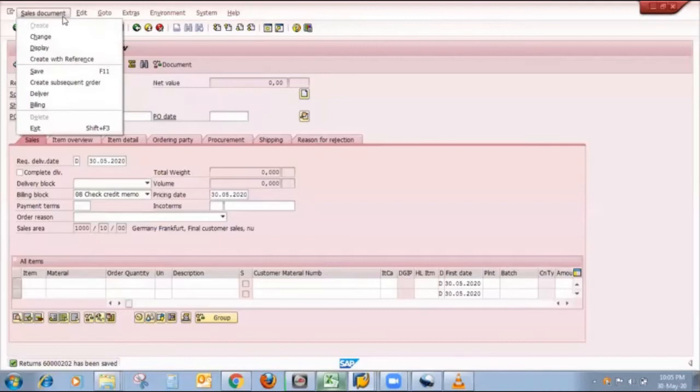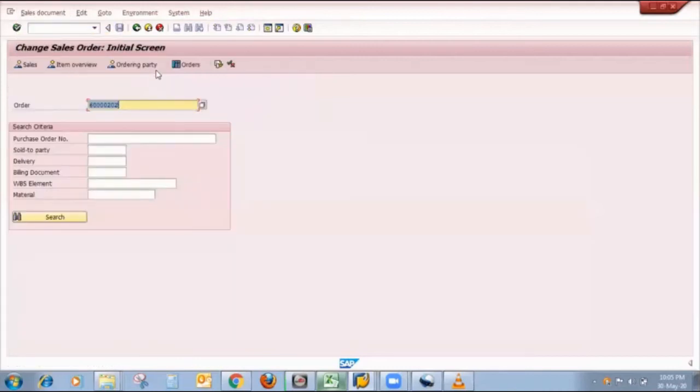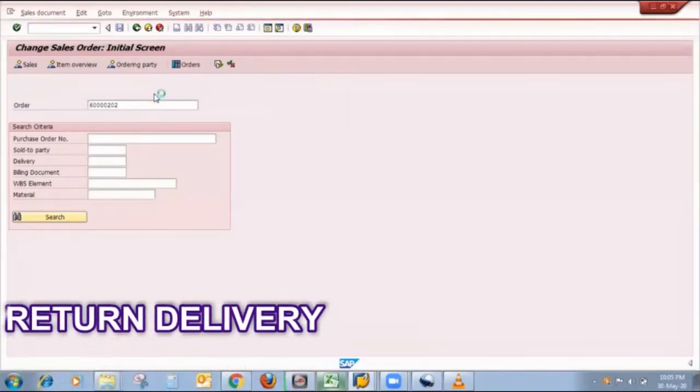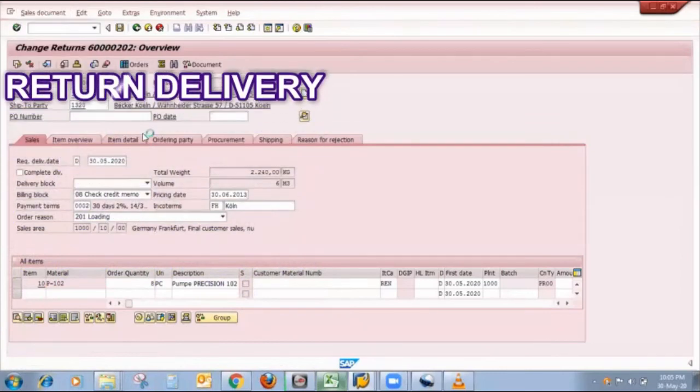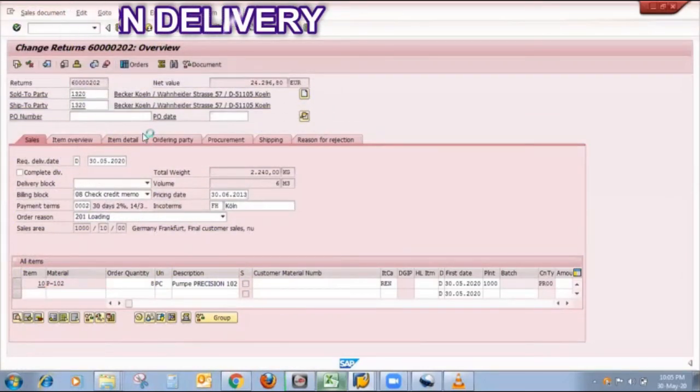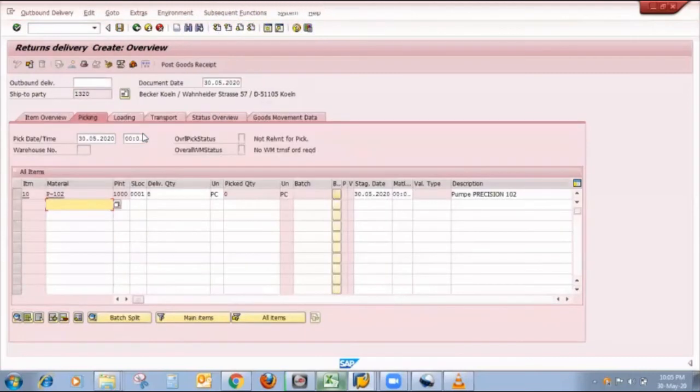So I will move towards change, or T-code is nothing but VA02. Here is my order number, enter. Here I click on sales document, I click on delivery. Yes friends, so this screen is nothing but the return delivery overview screen.